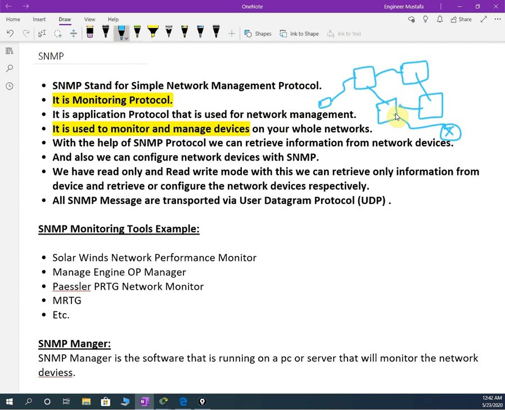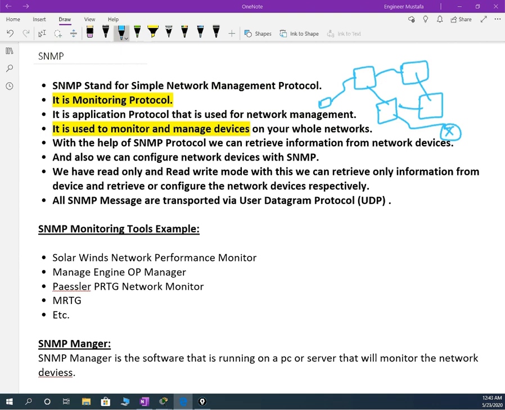You will use the SNMP protocol to monitor the network devices. SNMP stands for Simple Network Management Protocol, and this is a very important protocol. It is an open standard for network monitoring, which means you can run this on any vendor's devices, not only Cisco.